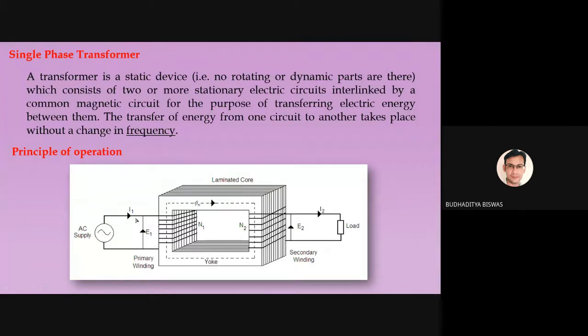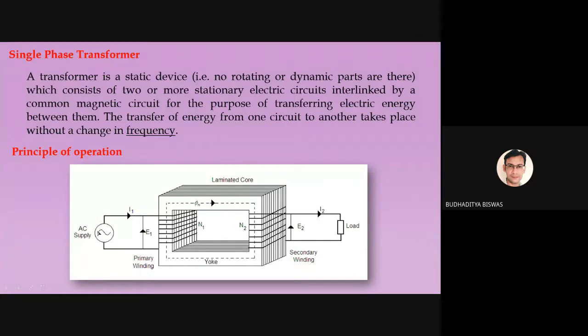Now, here you see, this is the primary winding of the transformer. Generally, we denote the primary quantities by suffix 1, like I1, E1, N1, and the secondary quantities by suffix 2, like N2, E2, I2. Now, what is this I1? I1 is the primary winding current. E1 is the primary winding induced voltage. N1 is the primary winding number of turns, that is, how many turns are there in this primary winding. Similarly, N2 is the secondary number of turns, E2 is the secondary induced voltage, I2 is the secondary winding current, and the load voltage is called the secondary terminal voltage.